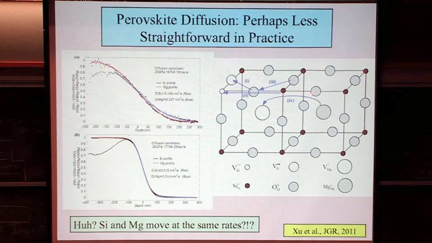And if you create a vacancy right here, via this jump right here, this magnesium can jump over. Ugh! This is awful. This is terrible. I mean, it does explain this data, which is great.